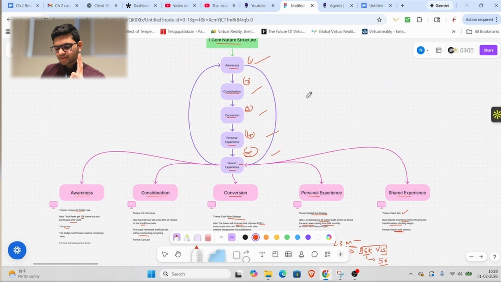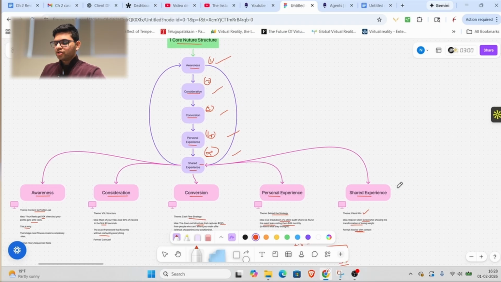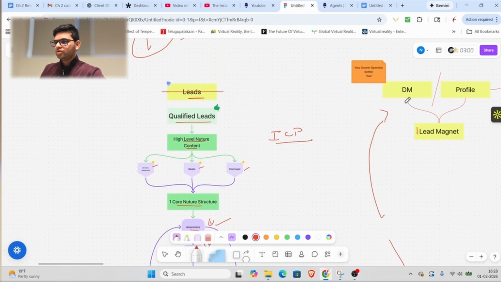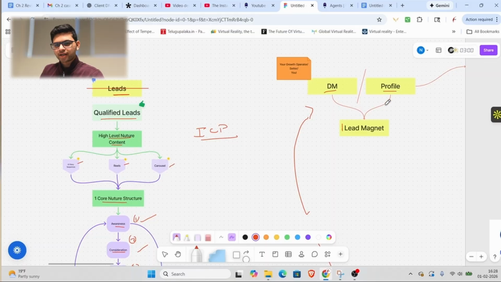Now let's talk about the second thing, which is content to profile leak right here, right? Each piece of content here should either lead to your DMs or to your profile, with a CTA. If it doesn't create curiosity in your audience to go and watch your profile or DM you, you are not doing the right thing,